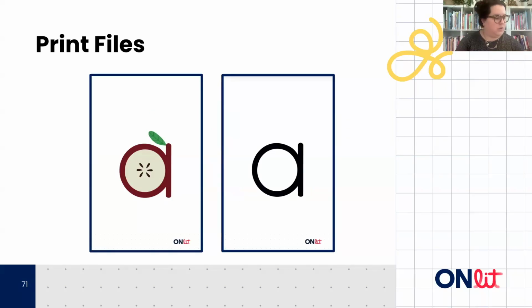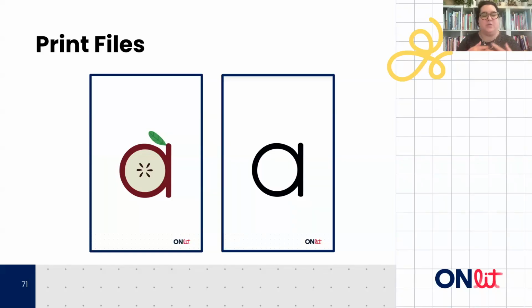So the first one we thought about was, and let me make sure I pick up the right one, a half-page card where you've got the mnemonic on one side, and then you've got the plain regular letter on the other side. And we wanted to do this because we wanted to be able to give educators the opportunity of fading that scaffold, right? Remembering in that instructional hierarchy, it's fine to give that scaffold.